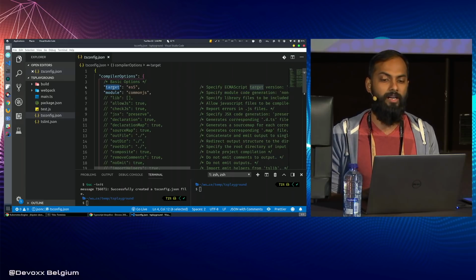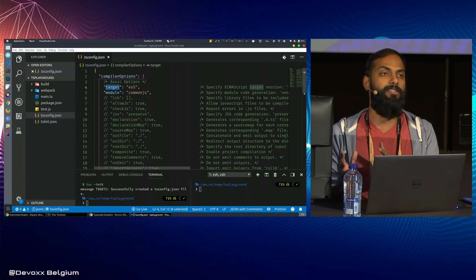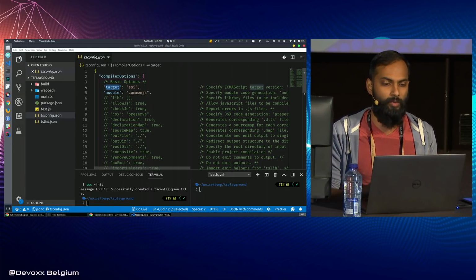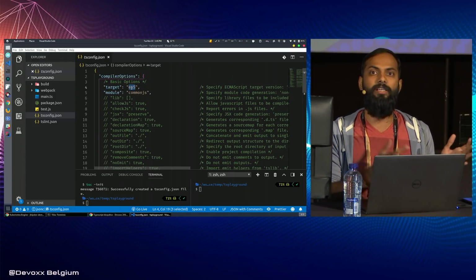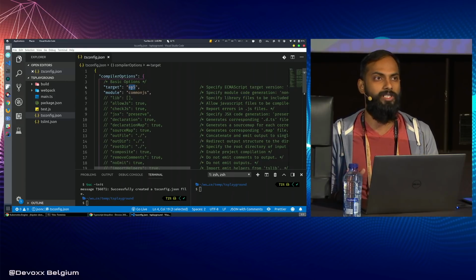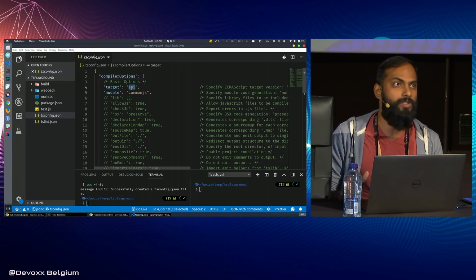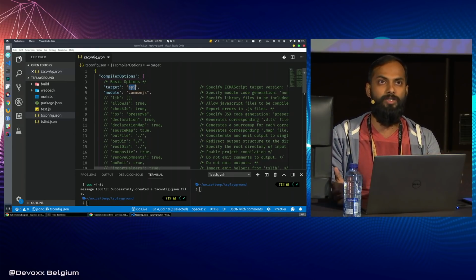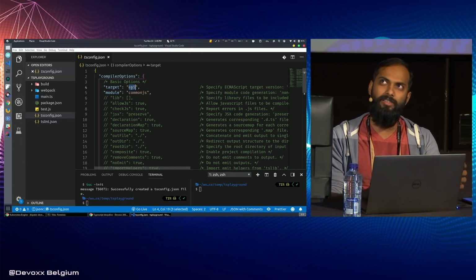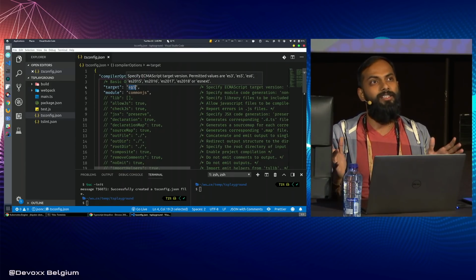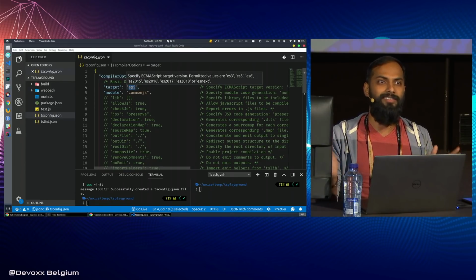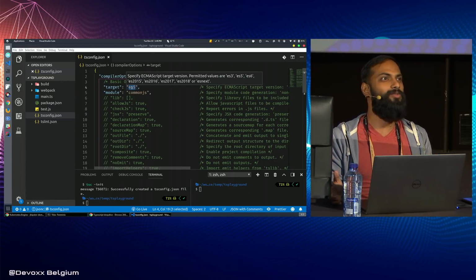So there is this target property. This specifies what you have to transpile down to. By default, it transpiles down to ES5, which is the least supported version in most of the browsers. Of course, if you're targeting only evergreen browsers, you can transpile down to ES6, I think ES7 also is possible with evergreen browsers. But of course, the point is if you don't use IE 8 or IE 6, or who uses IE,